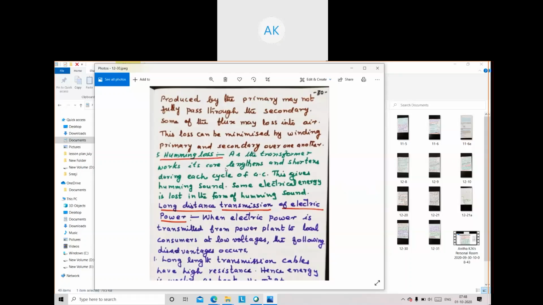The humming loss. Near the transformer, you can hear some sound, a humming noise. That means during the process, when we send AC to the primary and EMF is produced in the secondary, there will be a change in the dimensions of the core, lengthening and shortening like that. That process